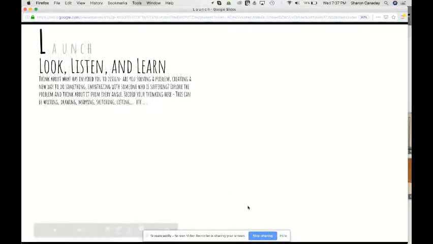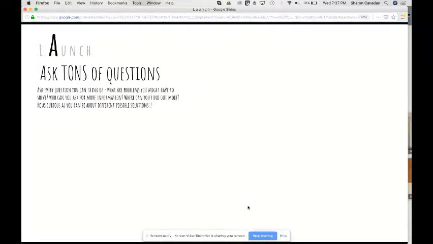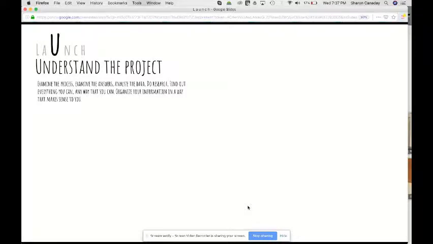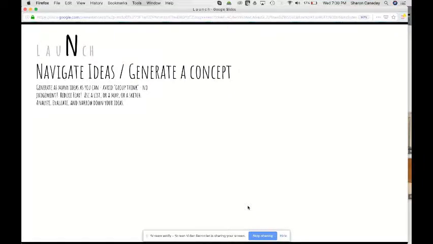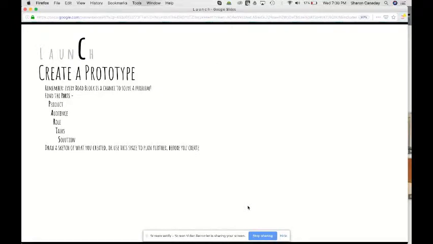Each of the letters stands for a different part of the process, and then the little paragraph below gives them more of an idea of what things they should think about writing or drawing or sketching on these pages. They need to ask a lot of questions. They need to explore on the internet different ways to solve the problems. They need to sort out their ideas, and eventually they'll get to the step where they're creating a prototype